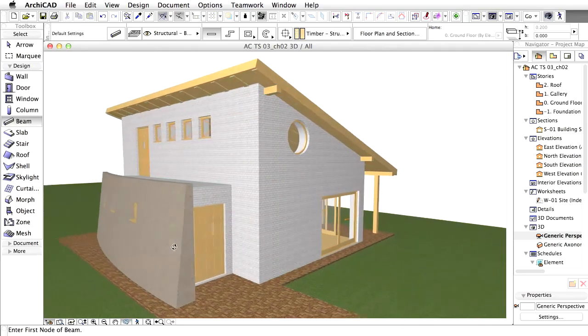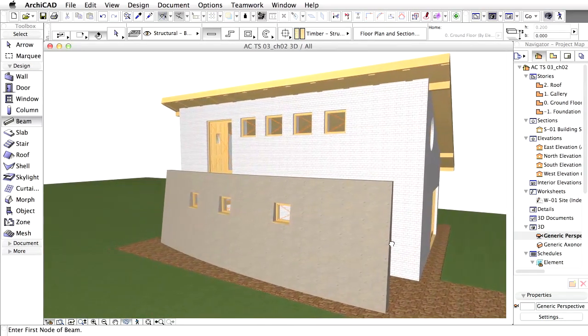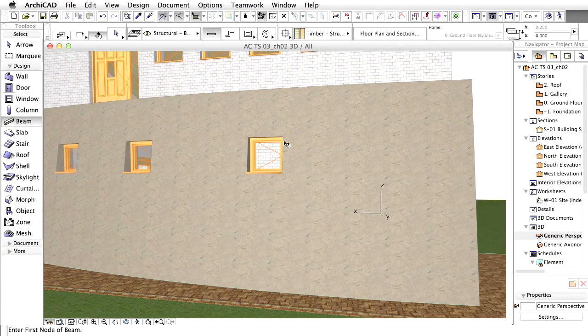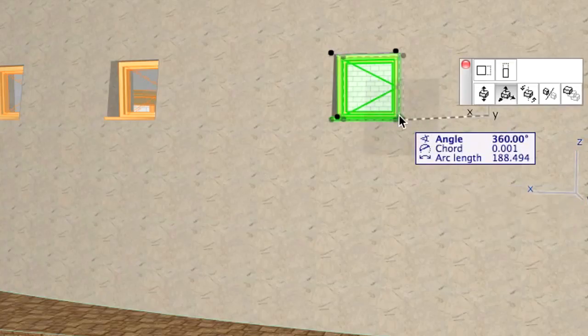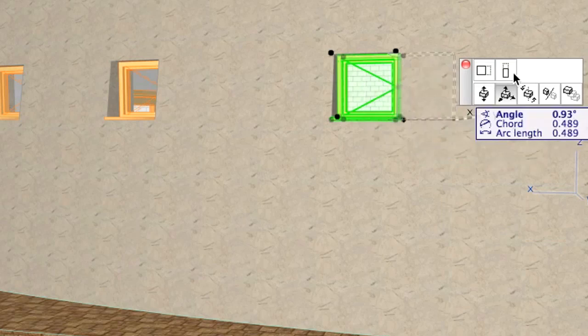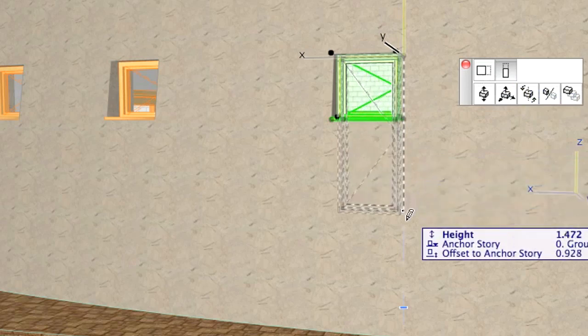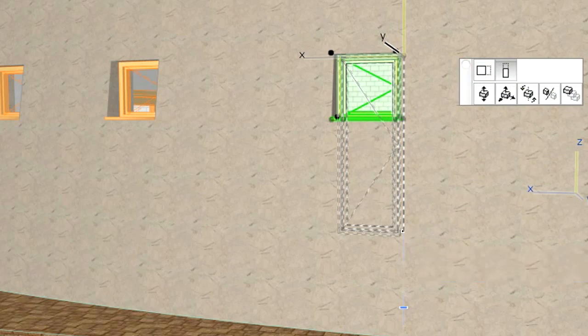As you develop the building model, sometimes certain views are more helpful than others, for example when changing the height or position of a window. First, we resize a window in the 3D view. Select the right window in the curved wall in the 3D view. This is going to be the window of the entrance, so we have to make it bigger. Click on the lower right corner to display the pet palette, and activate the Stretch Vertically command. Drag the cursor downward. Turn the tracker on if needed, and type 1.5. Hit Enter.